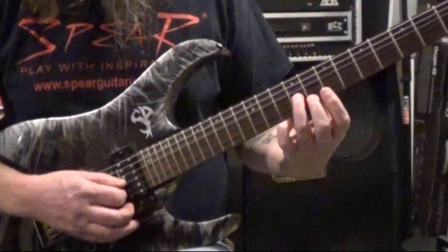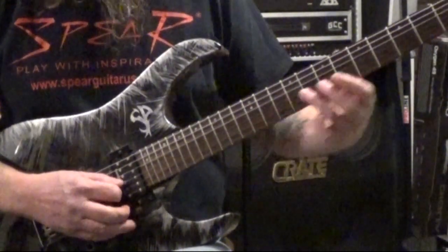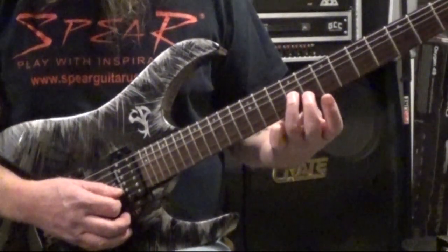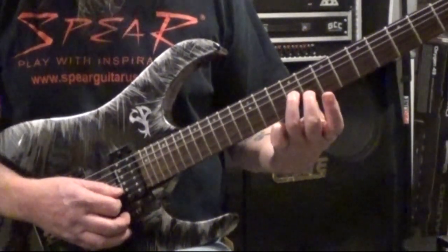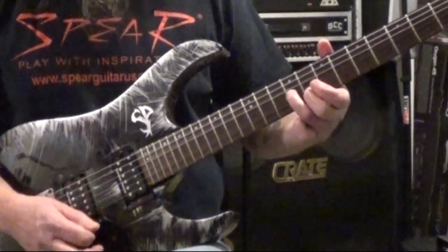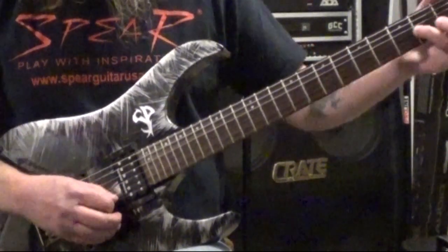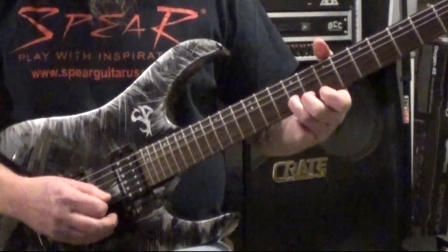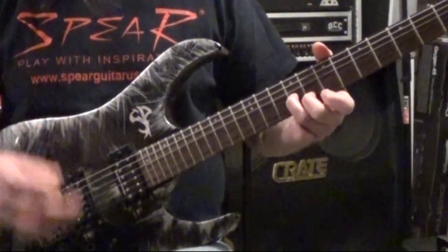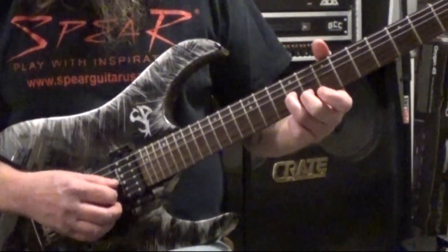You're going to do a slide from nowhere to the 9th fret of the G string with your 3rd finger. And then you're going to immediately follow that with your 2nd finger on the 8th fret of the B string. Then you want them to ring out over each other like that. So that's the very first part of it. That rings out for, I can't remember, 3 or 4 beats or something. And then you do that again,